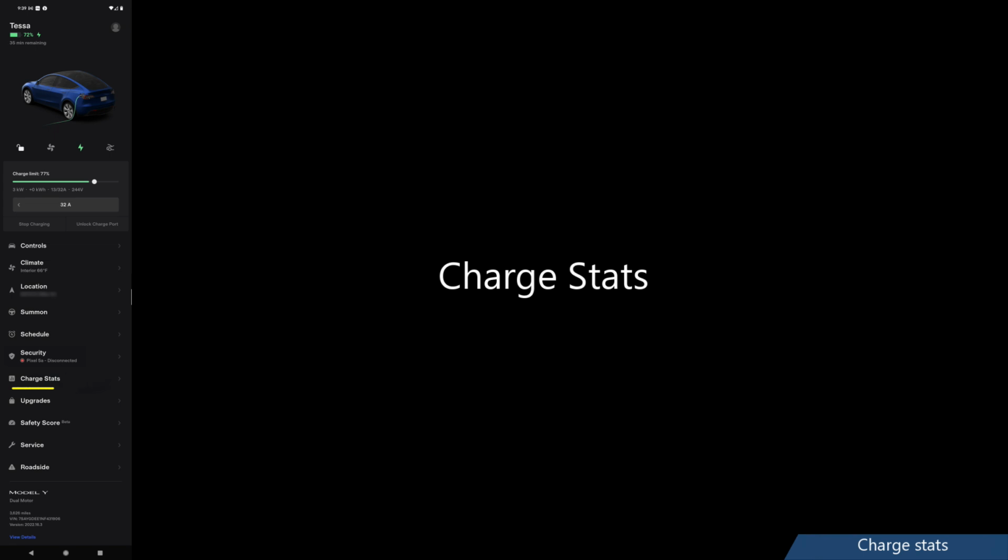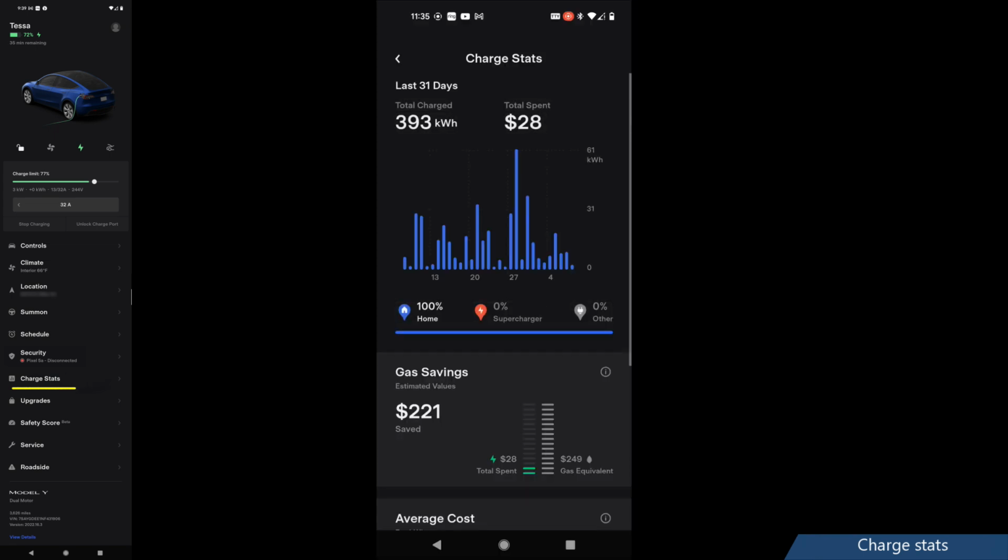Then you got your charge stats, and this is a screenshot I took for that review, and the gentleman was asking me where I got it from. Well, this is where I got it from, right inside the app. It tracks the last 31 days? Yep. And this shows that I've used no supercharger during that time, and I've charged at home, so I've saved